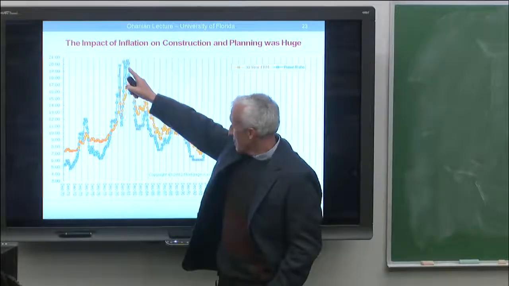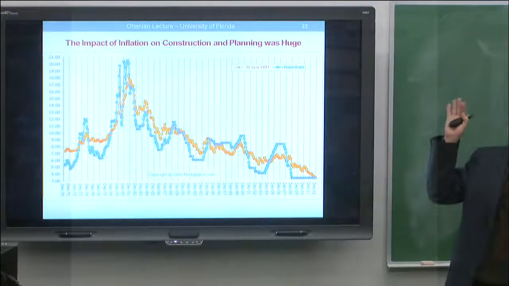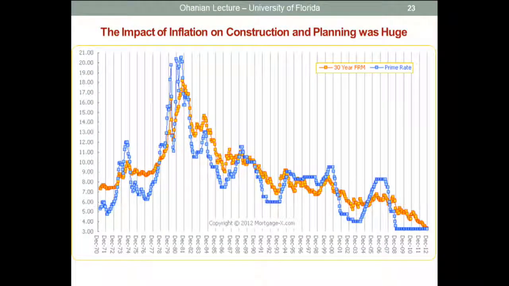See here in 1979, 1980, it peaked at 20%. I took out an 18% house loan. Was I out of my mind? I mean, you have to live through the times you are in. And it actually, believe it or not, made sense to take out an 18% loan because housing prices crashed. Not like 2007, 2008. When the downturn came, prices came down and there still was an incentive to buy, if you could, borrowing money